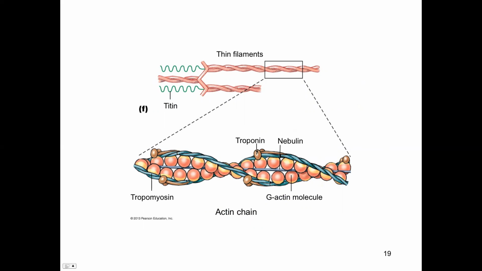Troponin is bound to tropomyosin, and this is the protein that calcium binds to when it's released into the sarcomere. And the tropomyosin is covering up the myosin binding sites on the actin. So what happens is that the calcium binds to the troponin, and these are positively charged ions. That positive charge changes the shape of the troponin protein, which in turn changes the shape of the tropomyosin protein, and these guys move out of the way, and then actin and myosin can